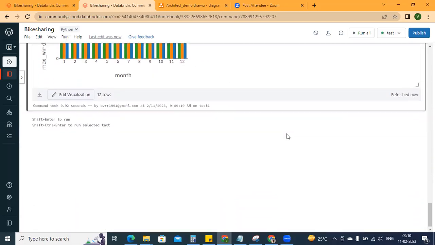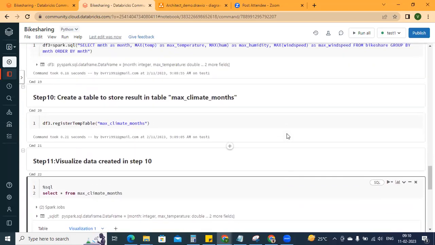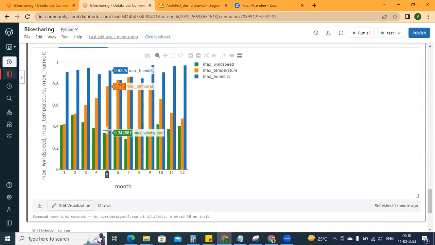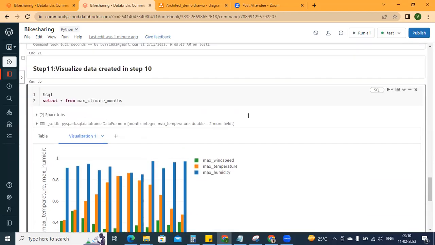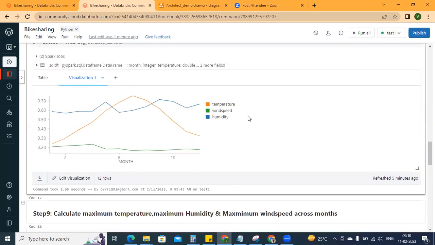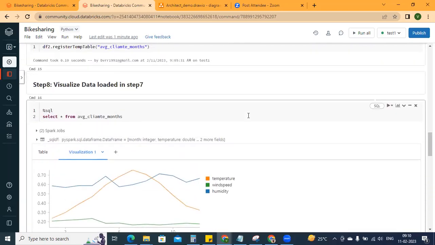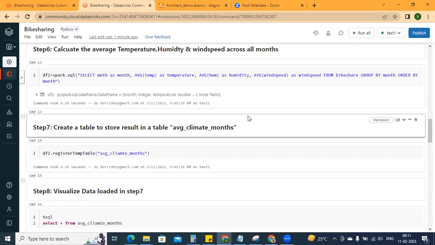So in this way, you get insights from your data, and business will take decisions, right? This is one example, a bike sharing example. As a bike sharing user, I just want to go out for biking in favorable conditions. I don't want to go out in the rain, or I don't want to go out in extreme conditions and all that.